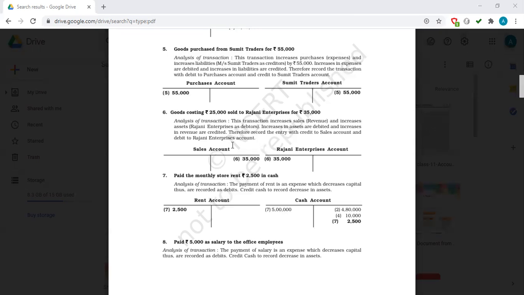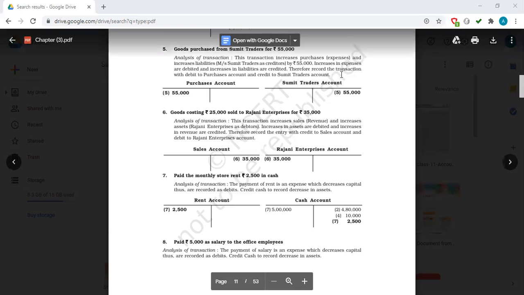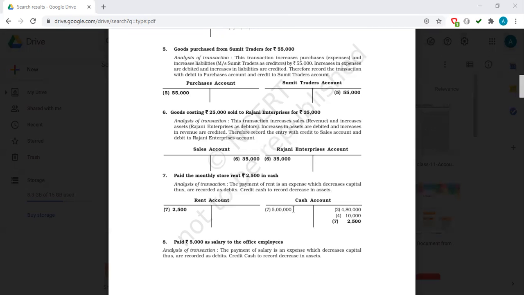Cash goes out, so that is to be written on the credit side. You can see 2500. Don't focus on the 5 lakh, 4 lakh 80,000, 10,000, because that was earlier. If you want to understand it, 5 lakh was brought into the business as capital, then 4 lakh 80,000, then 10,000 in the cash account received, paid, and then 2500